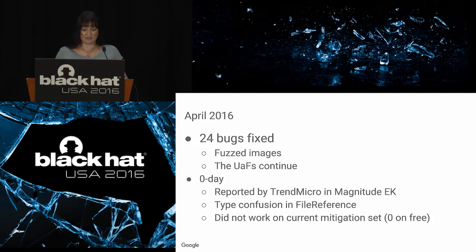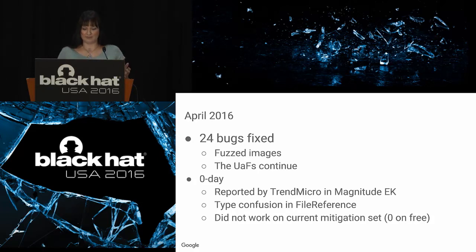And this was due to a mitigation, which I think was almost not even a mitigation, but happened to prevent this bug. It's zero on free, so basically in some instances in Flash, now if you free memory, it will be zeroed. And this was because there were some use after frees where you look at them and you're just like, how could that have ever not been noticed? Because it happened during normal use. And this was because the right thing just happened to be in memory that prevented a crash.